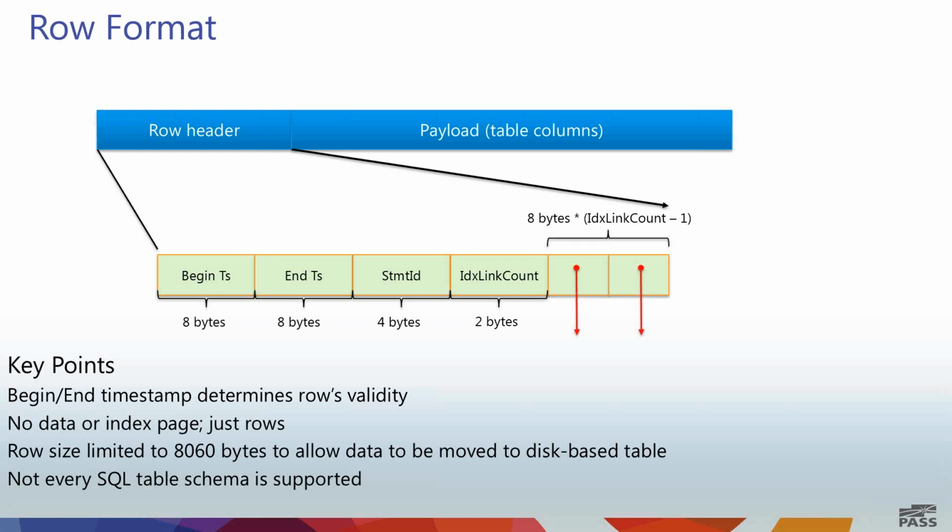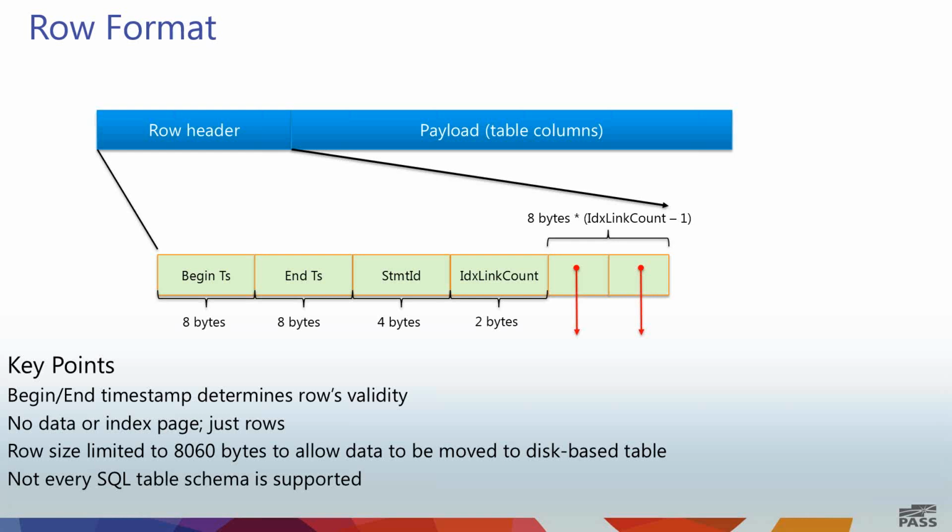What you see here is a begin timestamp and an end timestamp. One of the mechanisms to avoid having to take any locks or latches is to use multi-versioning. So we have a multi-version system, and the multi-versioning is built into the table data structures. Every row has a begin timestamp and an end timestamp. The end timestamp indicates until when that row is valid. So when your query uses snapshot isolation, you ask, what is my read timestamp? And you look at the begin timestamp and end timestamp of the rows to determine which one applies to you.